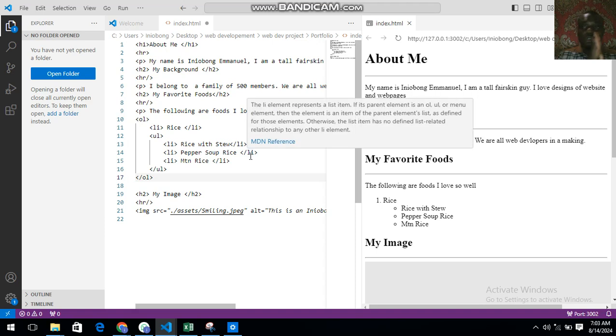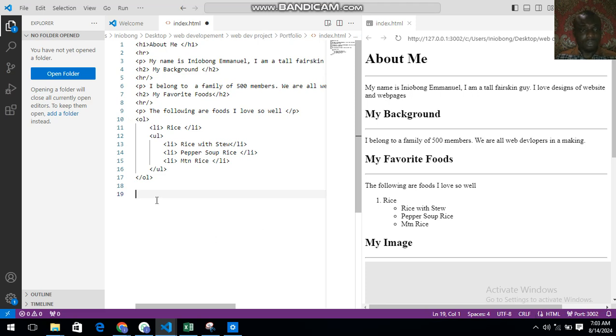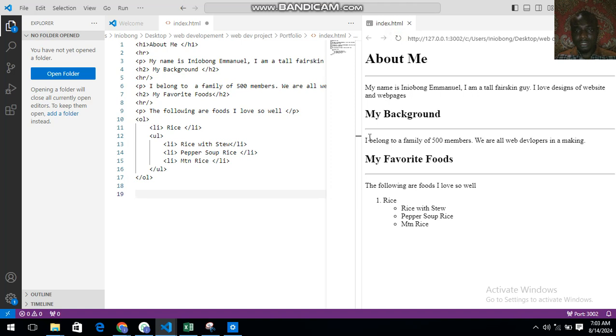Okay, so straight up to what we have for today, we'll be looking at how to incorporate an image into our HTML document. Okay, let me refresh this again. See, one good thing about this, the moment you delete a code, you have to refresh it before it reflects. Alright, so